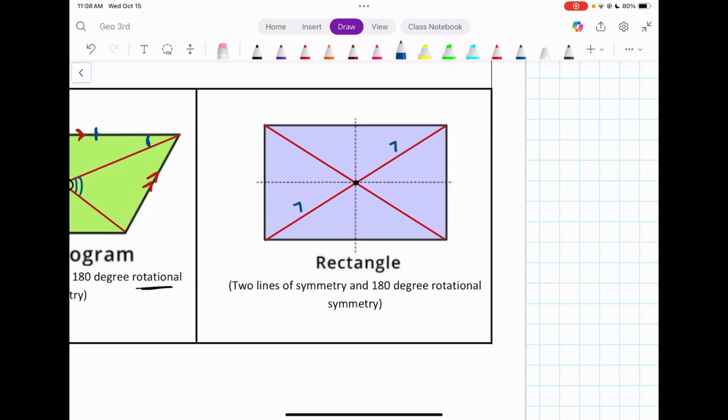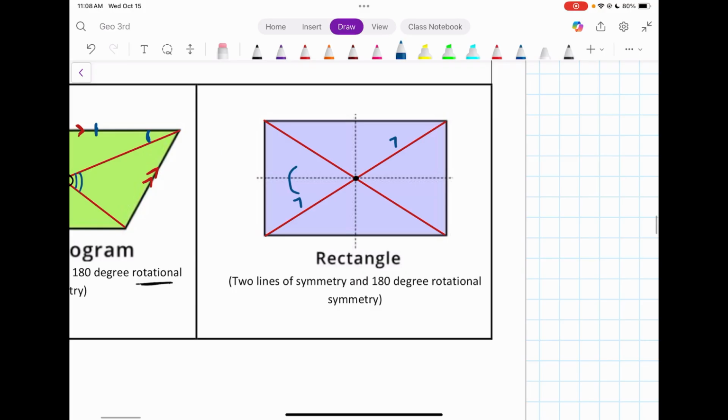Now, rectangles also have two lines of symmetry, and you can see those dotted here, meaning that if I were to flip this across the line of symmetry, I know if this is 7, then this up here would also be 7. And for the exact same reason, because this is 7, this would be 2. But also, you have lines of symmetry here, meaning those would be the exact same thing. In addition to that,